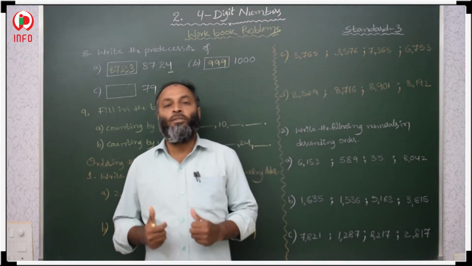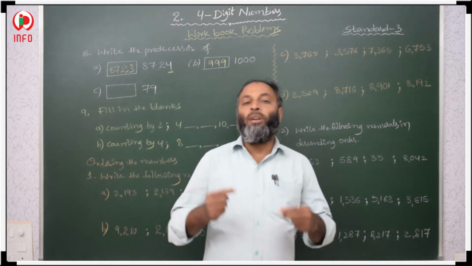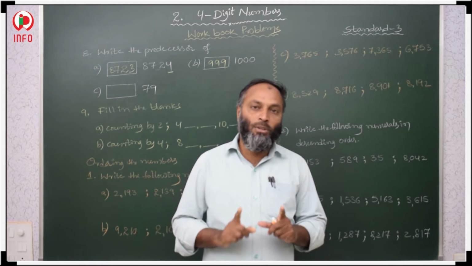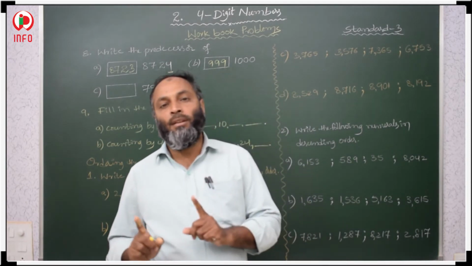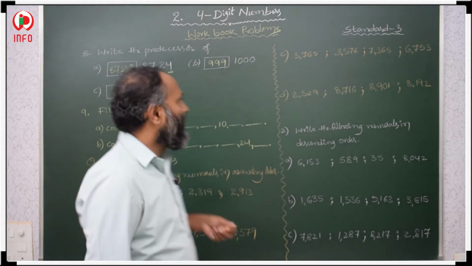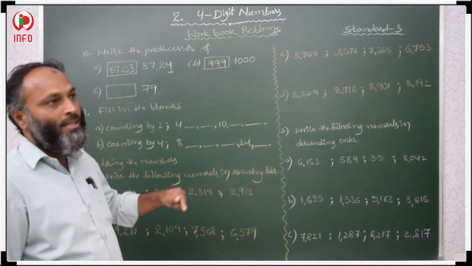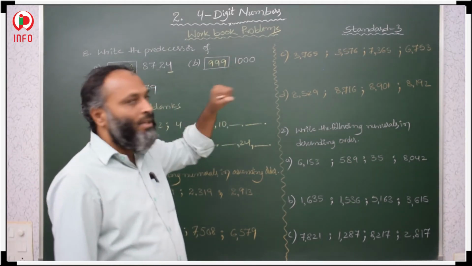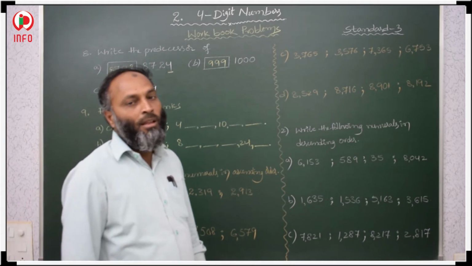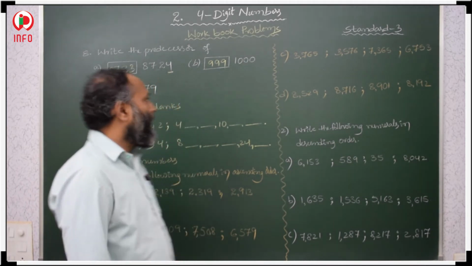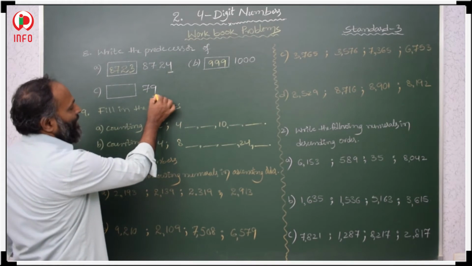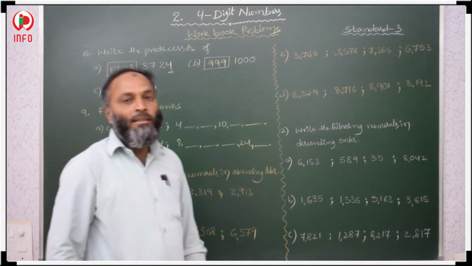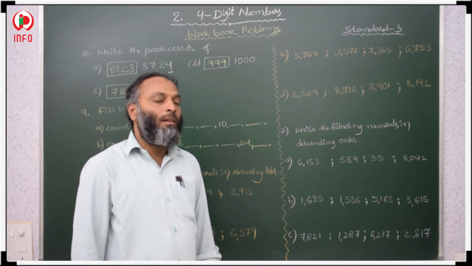How to get the successor, how to get the predecessor, you know. Successor means we have to add 1. Predecessor means we have to subtract 1. This is the only difference between successor and predecessor. Generally, in most of the sums we know directly what the successor and the predecessor are. Just subtract 1 from the number, then you will get the predecessor. Now 79, 78 is the predecessor of 79. So like this we have to write successors and predecessors.